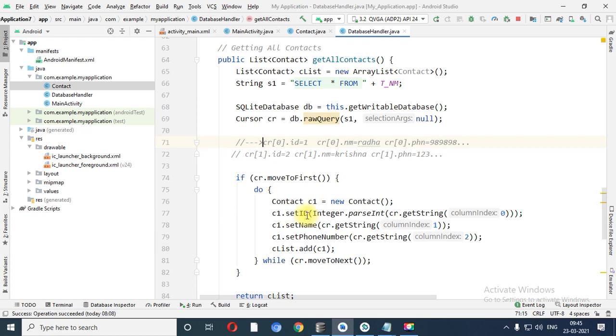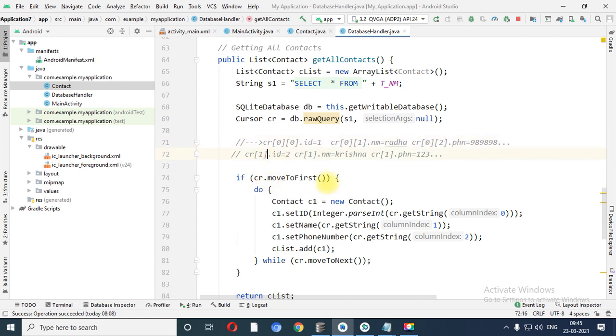Now setID, cr.getString of column 0. What is the string at column 0? 1. So 1 is copied over here. Now what is the value inside column index 1? Column index 1, this one. This is row 0 column 0, row 0 column 1, row 0 column 2.